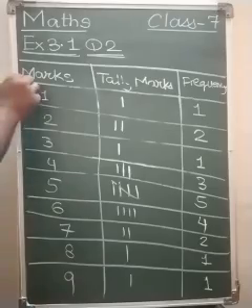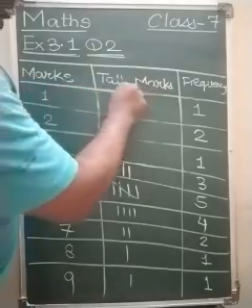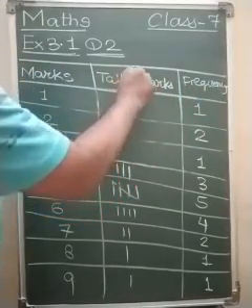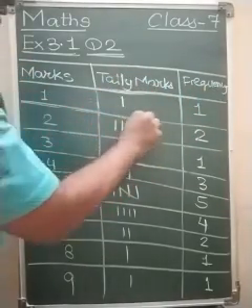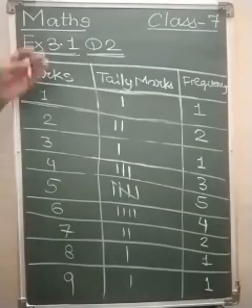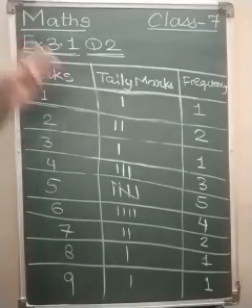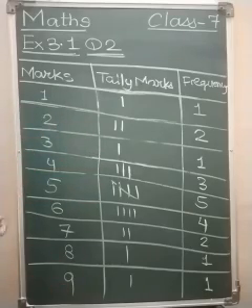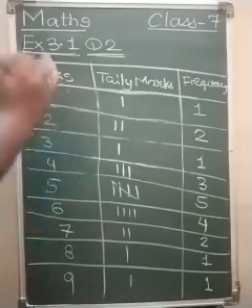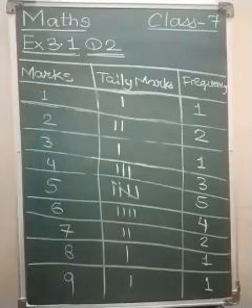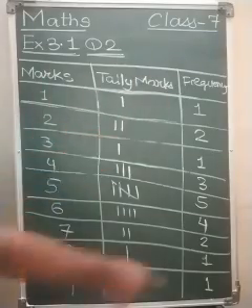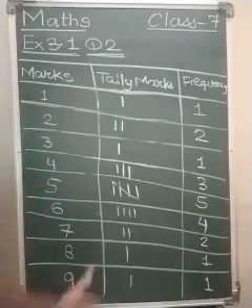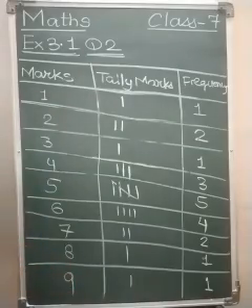So please copy down this table if possible, or in the notes also you are going to get this table. So this is the table that you have to copy down. Now what we have done: whenever you get a set of data, the first thing that we have to do is arrange it in a tabular form. This is called organization of data. Now we have organized the data very easily.